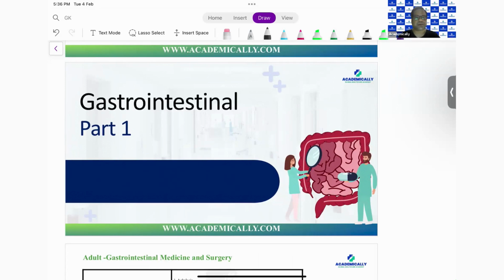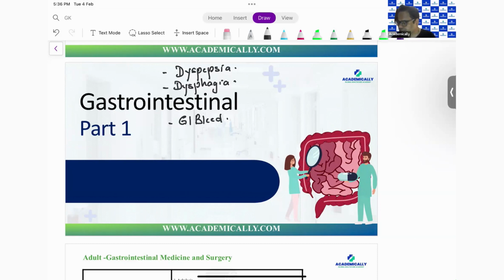I'm Dr. Amit Desai, and today we will start gastroenterology part 1, where we'll start with dyspepsia, dysphagia, and then some esophageal disorders of the upper GI tract problems, and then we will go on to GI bleed, upper and lower GI bleed. This is our plan for the day, all right?